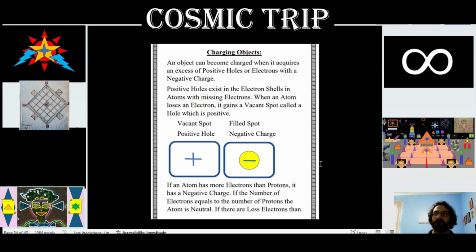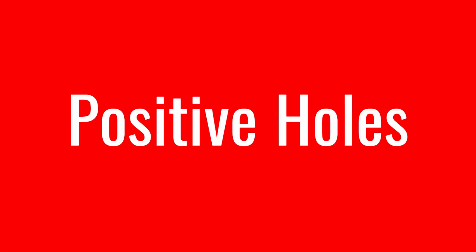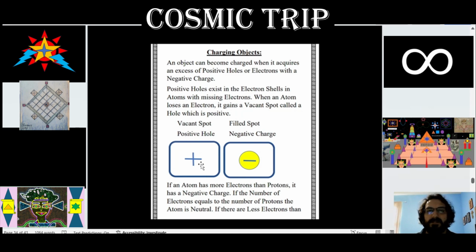So if you have an atom, you have the nucleus and you have the electrons. If there's a shell, an orbit around the atom, with a missing electron, that orbit has a positive charge, and we call these positive holes. When an atom loses an electron, it gains a vacant spot called a hole, which is positive. So if there's a vacant spot, it's a positive hole. If the spot is filled